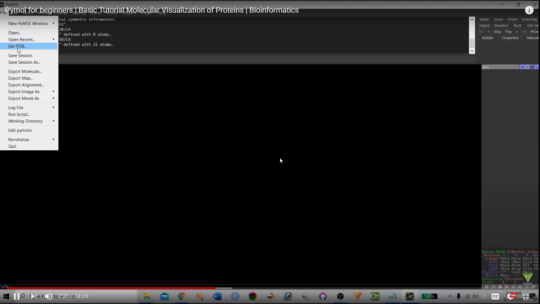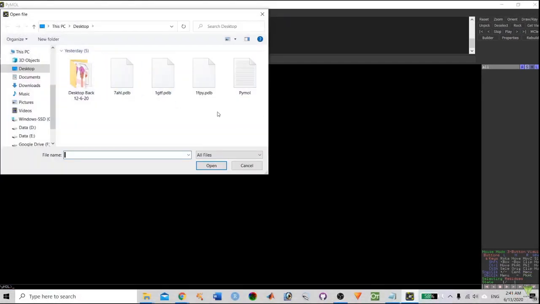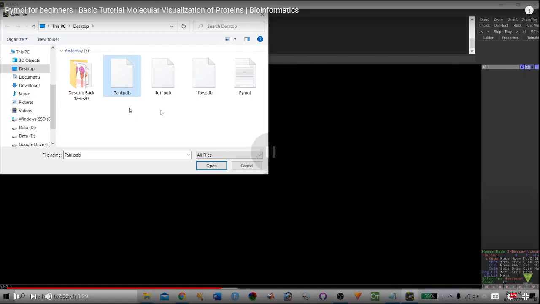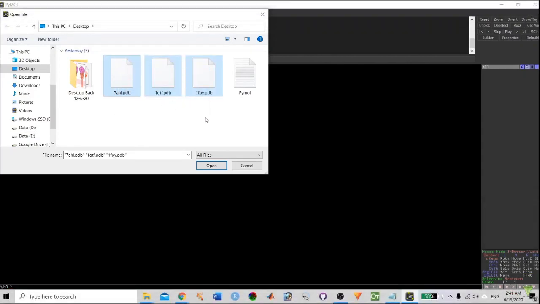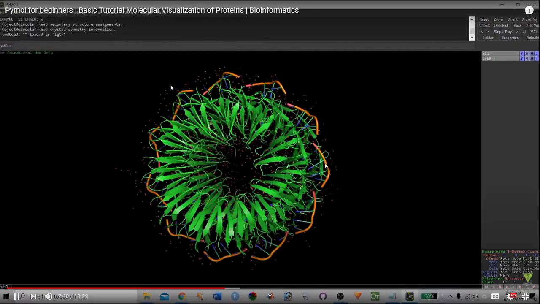Next, RCSB. I already have PDB structures available with me. So open PDB. You have an option: in a single shot you can load one protein. Here we can select the molecule. You can download from the RCSB site, Protein Data Bank, and upload this molecule at a time, or if you want to load multiple files, you also have that option. I'm going to load one PDB structure.